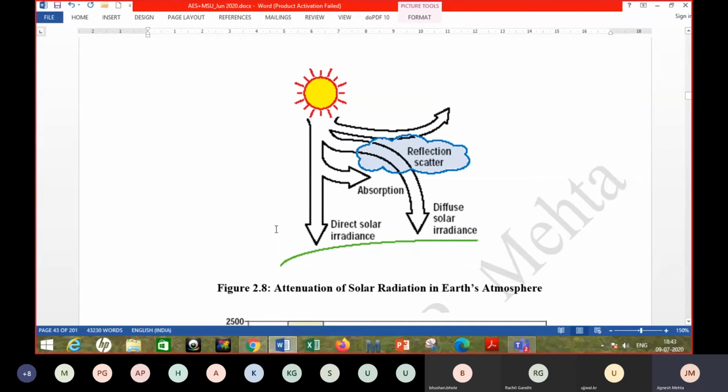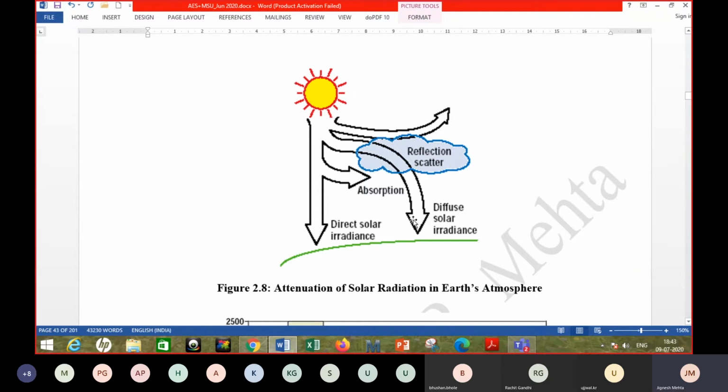Like at night you see a black sky, but during the day you see a sky which is glowing. That means you are getting radiation from the complete hemisphere of the sky, and that is nothing but the diffuse radiation. What you get directly from the sun is the direct solar radiation. So solar radiation is divided into two parts. Any irradiance in watt per meter square that you measure, if you measure the total, has two parts: one that has come directly, and one that has come indirectly in the form of diffuse radiation.